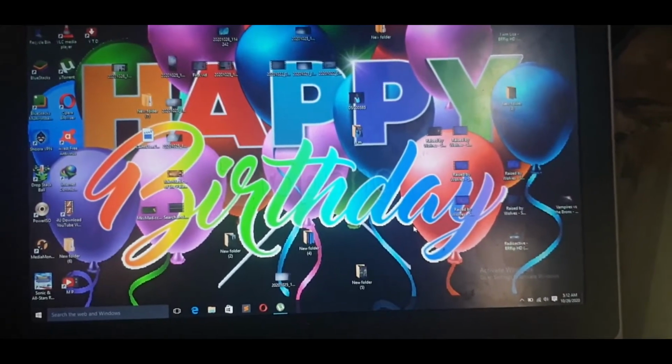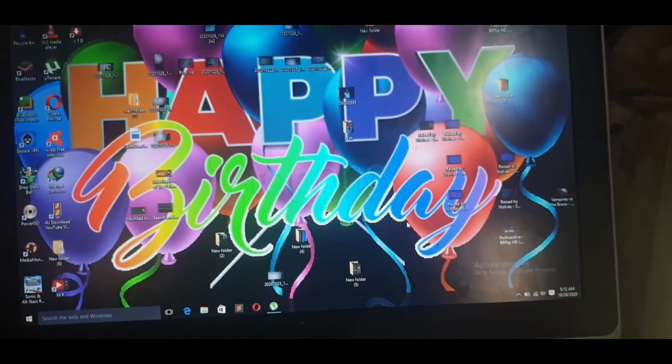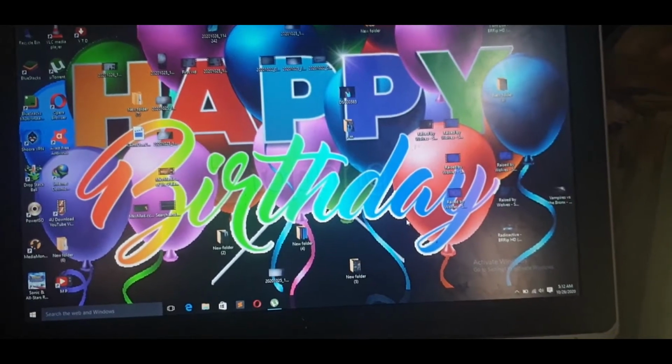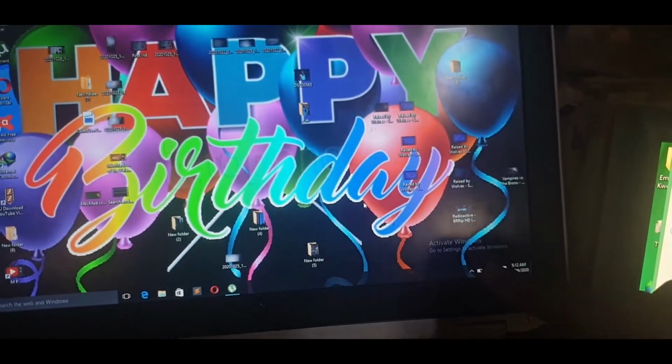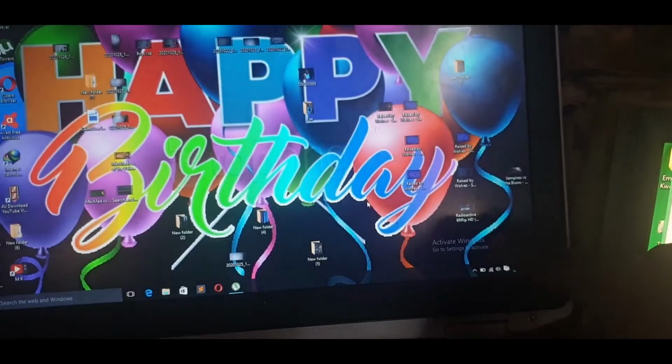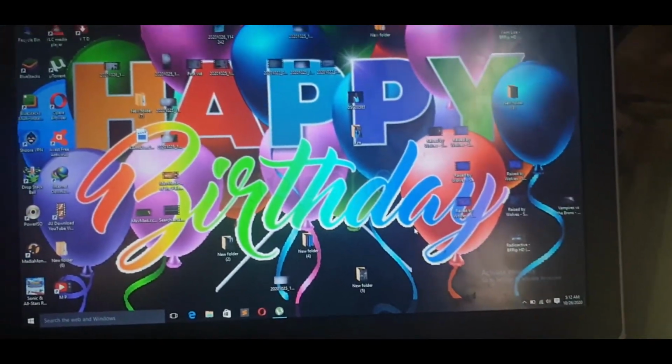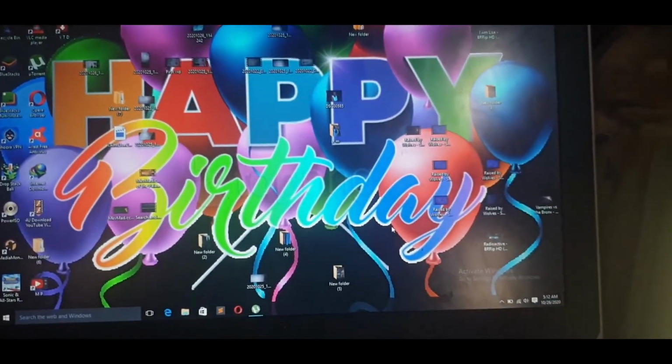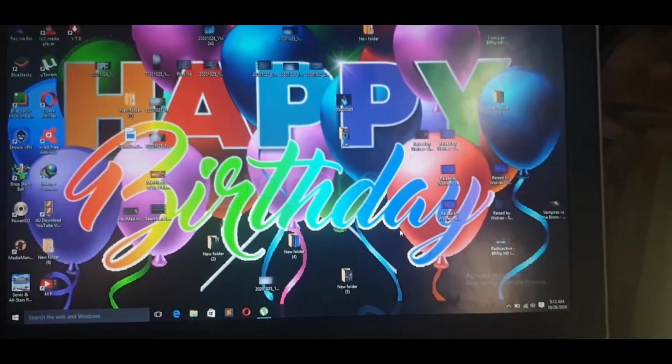On this episode, we're about to learn how to activate your Windows. Looking down here, you can see it written "Activate Windows," meaning that my Windows is not activated. Now, we're going to learn how to activate Windows and also find out how